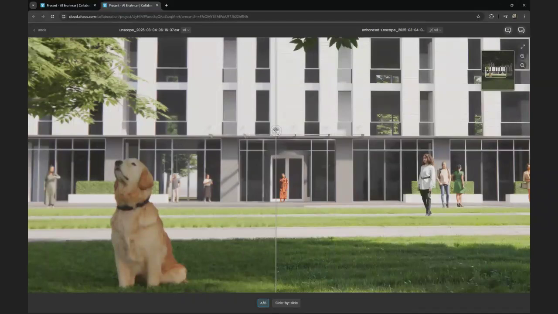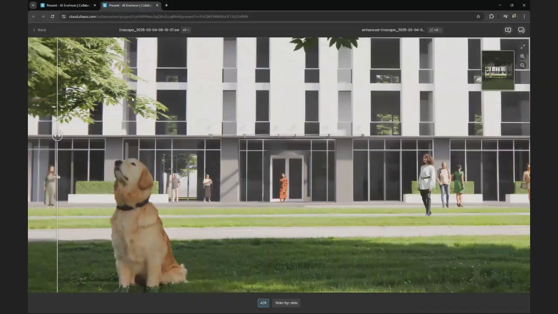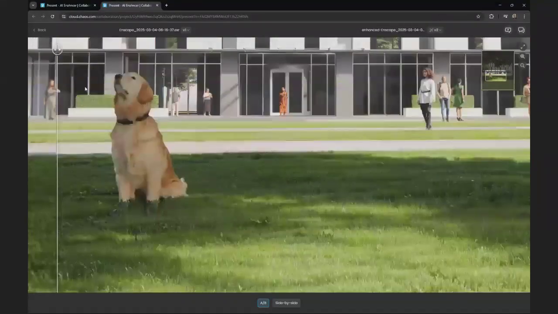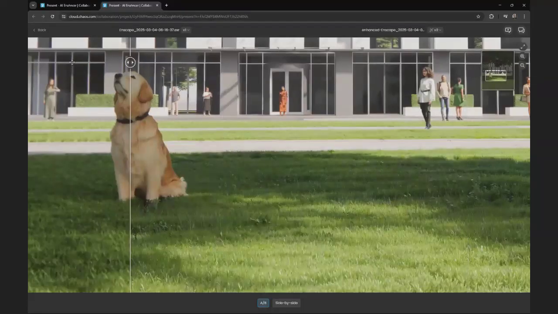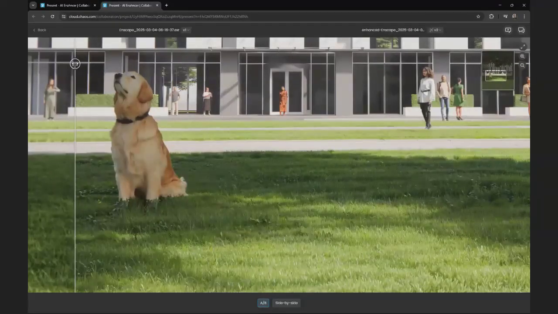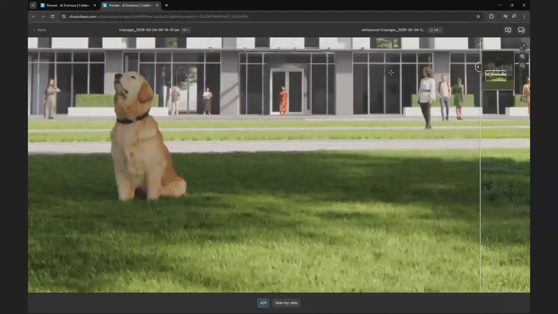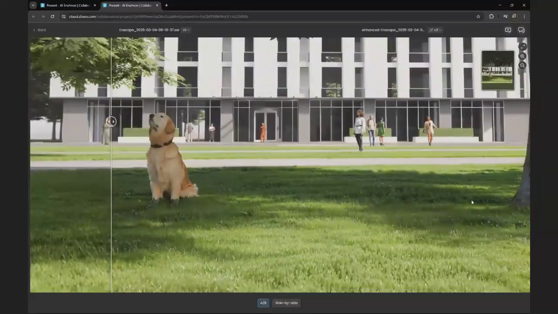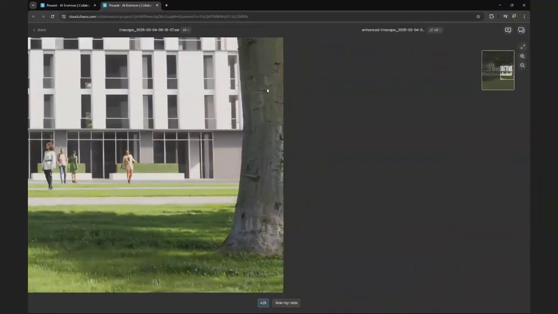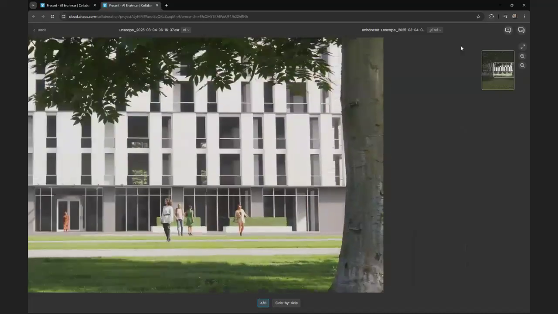On the left side with the dock, we can see the original image without the AI enhancer. And if I move the slider to the left, we'll see the enhanced image. So you can see that the nature is much better right here. The grass is improved. It's not the plain grass from Enscape. We have much more details. We have a few different types of grasses. We saw the message right here that our image is ready. And yeah, we have more details in the nature. Here we can see as well that the trunk of the tree is improved.